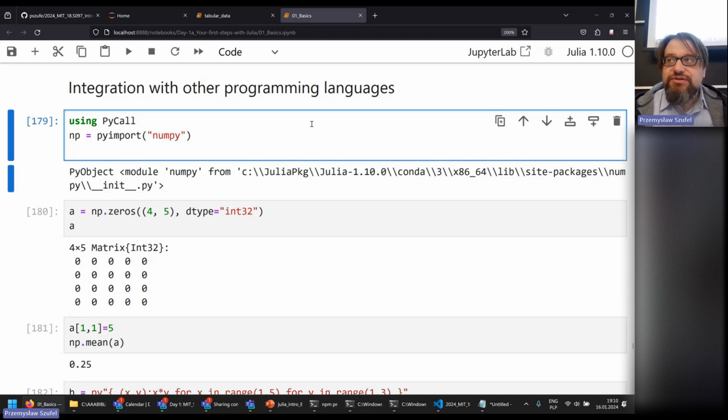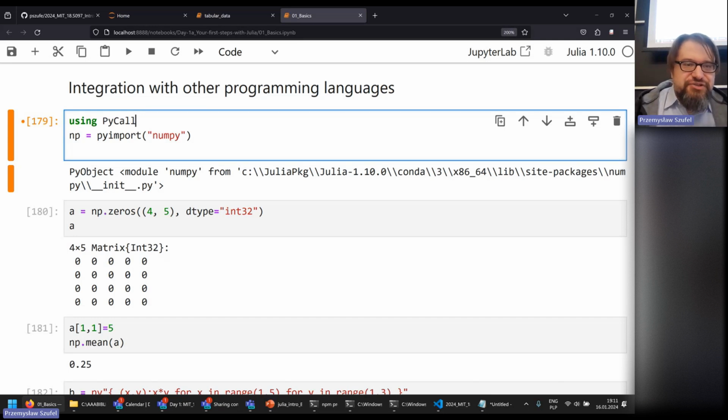I just wanted to note that in Julia, we can load things such as Python libraries. And there are indeed two Julia libraries for that. One is called PyCall, the other is called PythonCall. PythonCall is kind of newer. PyCall is slightly more popular, but nevertheless, if you have any code in Python, you can easily load this library